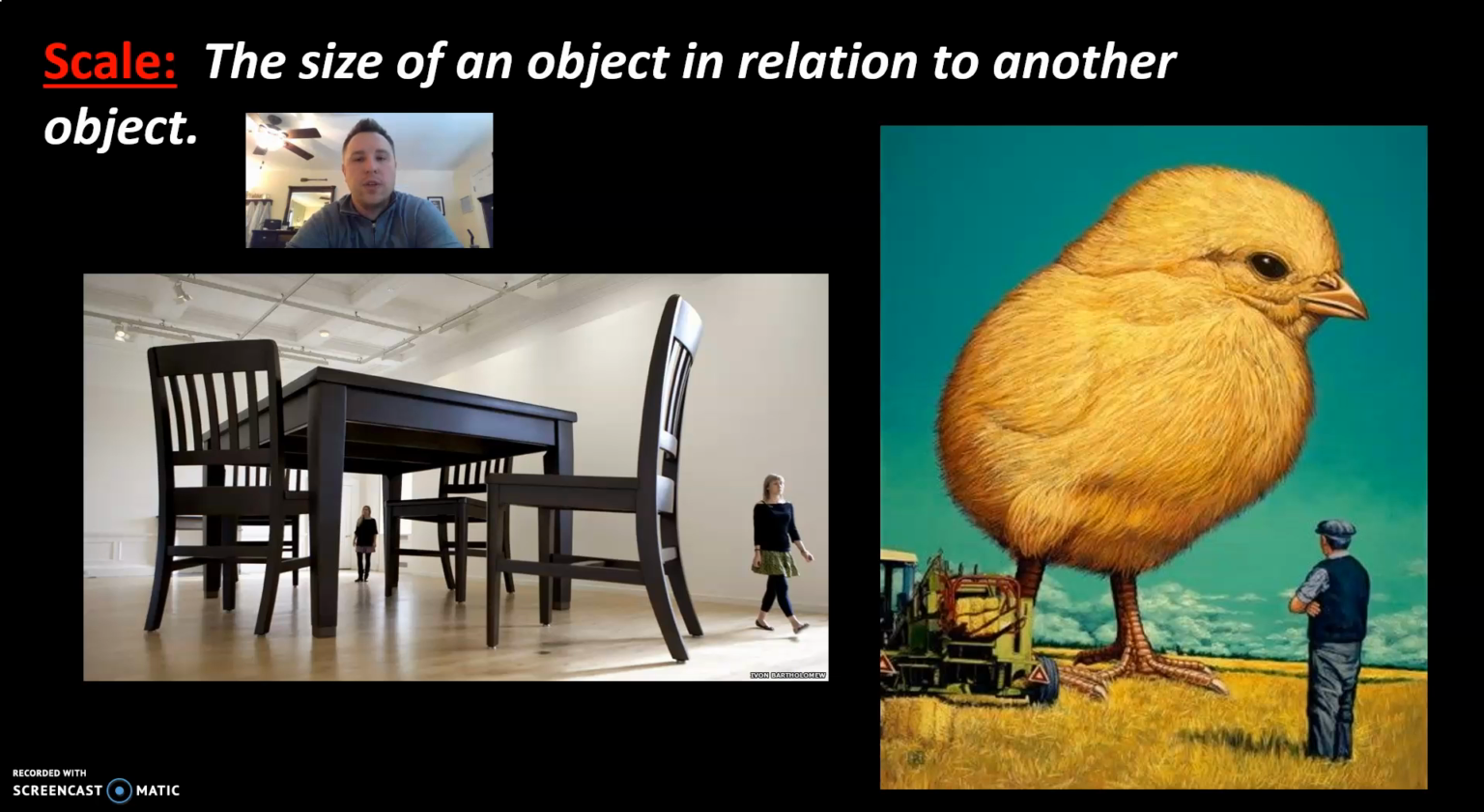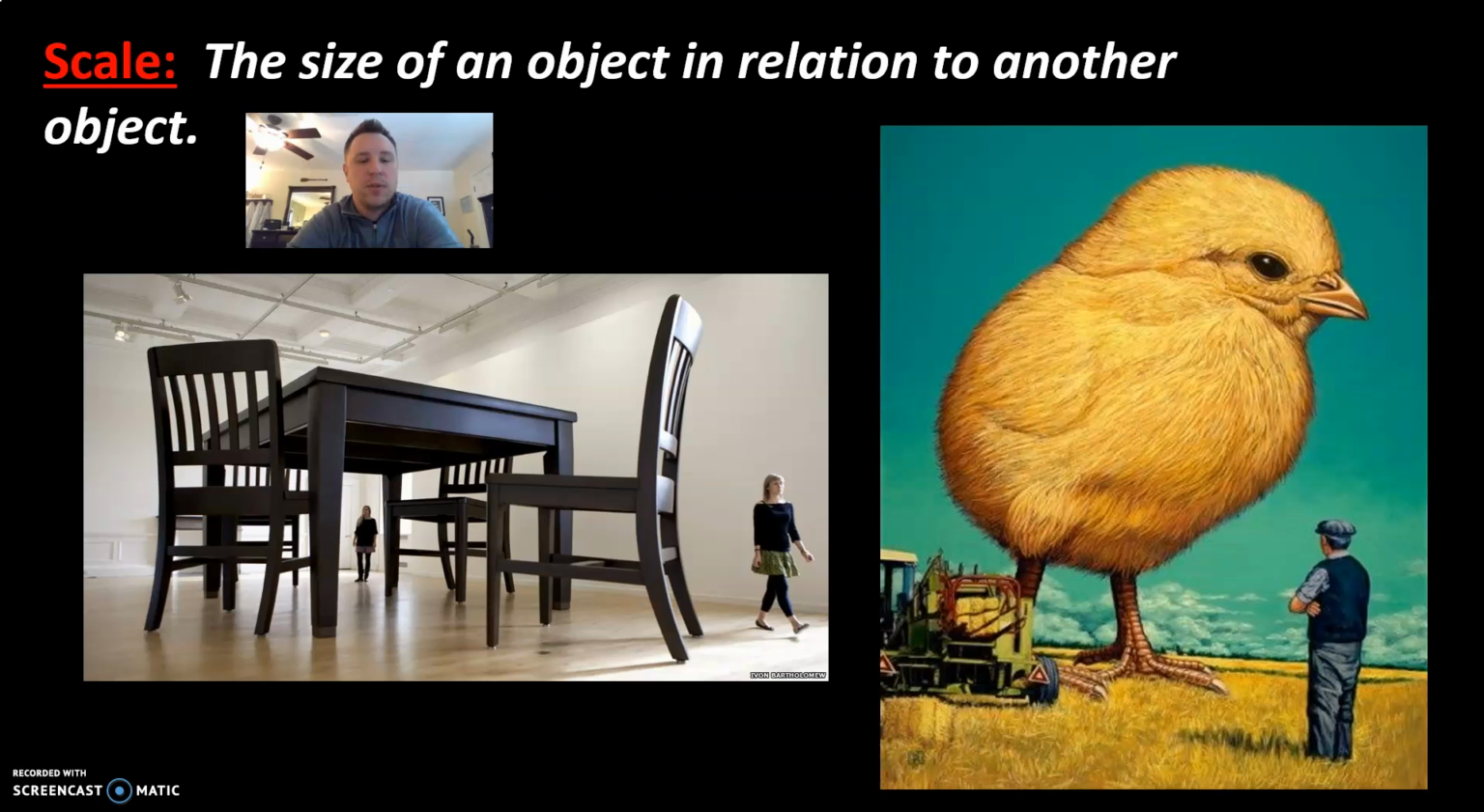So when you compare one object, the chick, to any other object like the farm or the tractor, we know it's not to scale. It looks like this chick had way too many genetic growth hormones in its bird feed that morning, and he grew to be about 10 stories tall. So he is not to scale, just like the dining room table is not to scale on the left, because